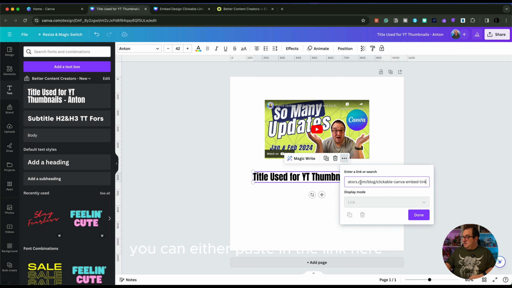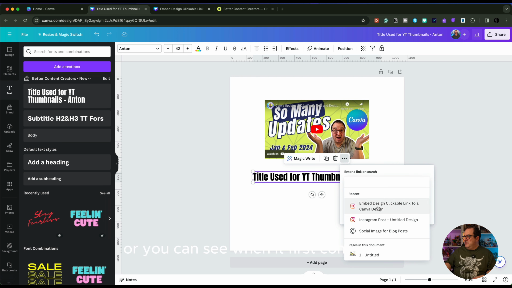You can either paste in the link here, this is the one to my blog post, or you can see when it first comes up, I can link to recent designs or additional pages. So say this is a multi-page document. If you've got a 10-page document and you want to create a link to page 1, 2, 3, 4, 5,